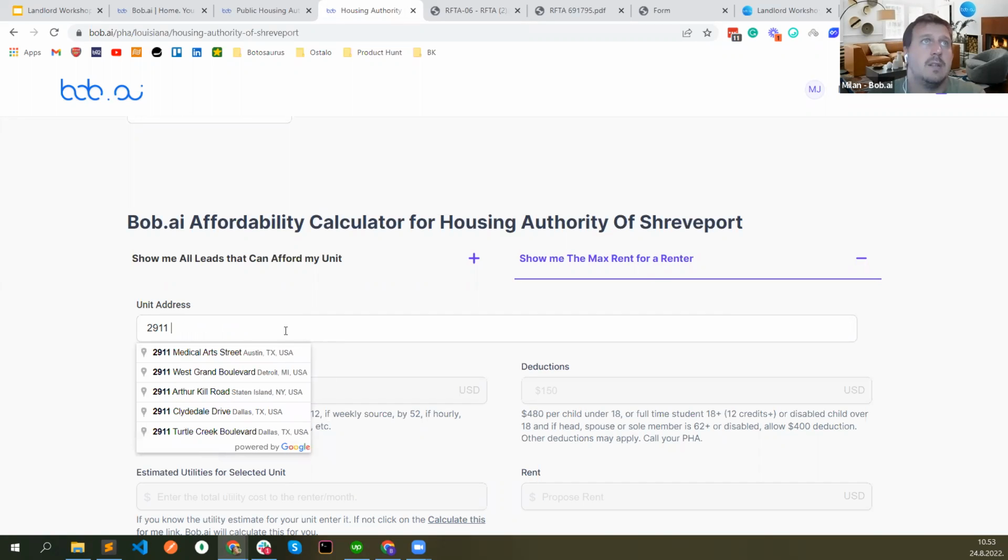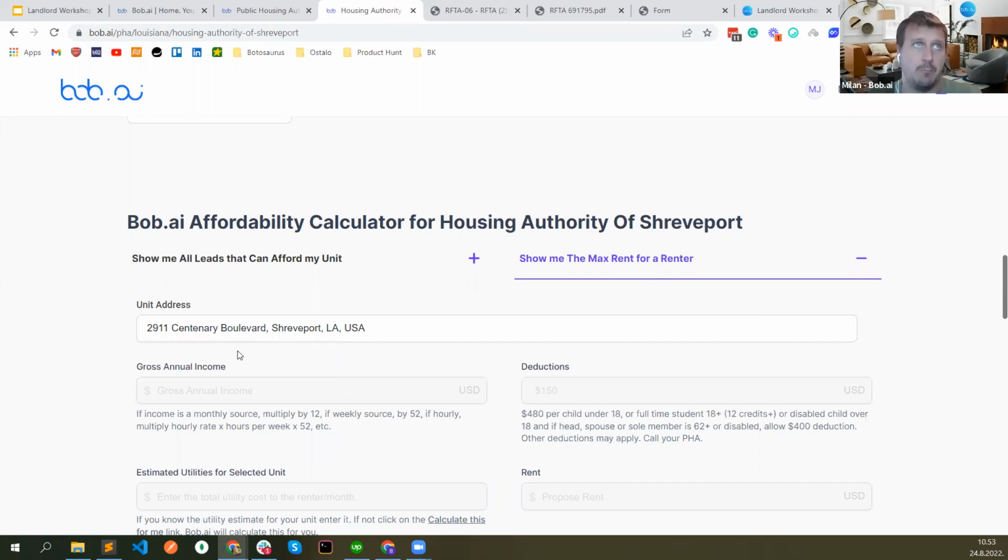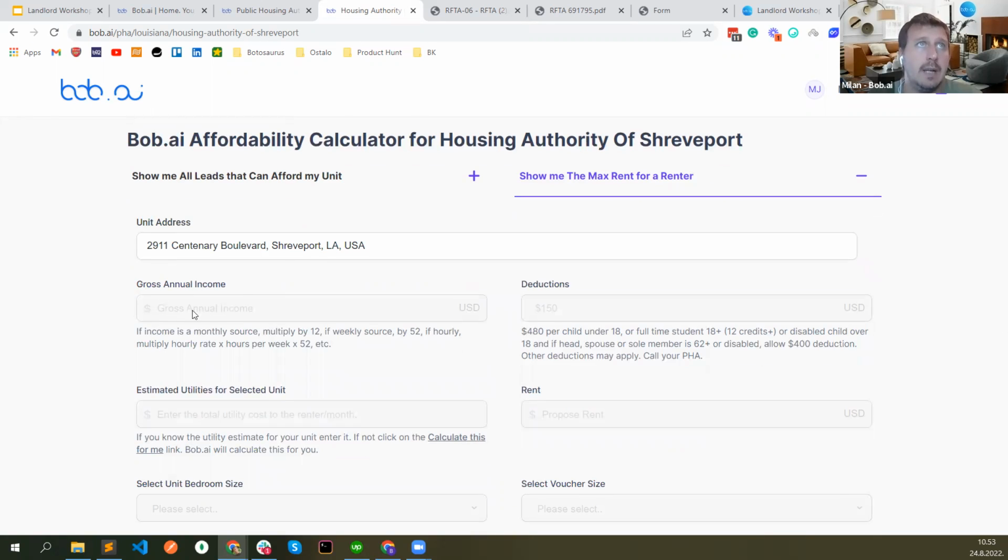I have this unit. This is the unit address. So gross annual income: if income is a monthly source, multiply it by 12. If weekly source, by 52. If hourly, multiply hourly rate times hours per week, times 52. This is just saying how to count the gross annual income. It takes a bit of time for this input field to show, just while the system checks where the unit is and